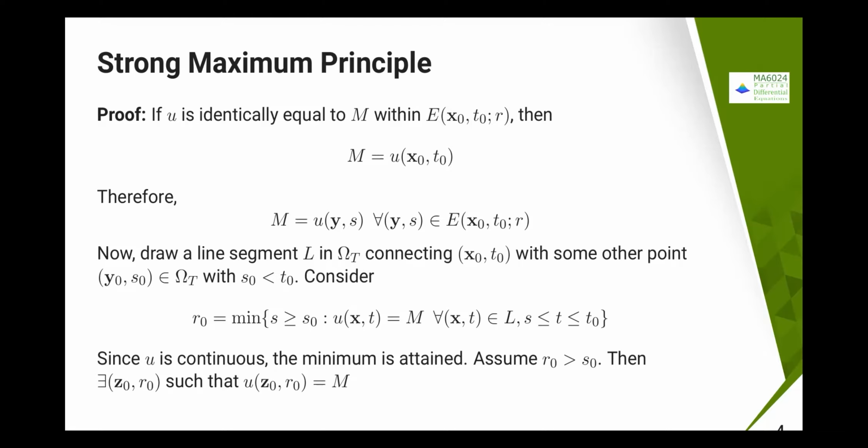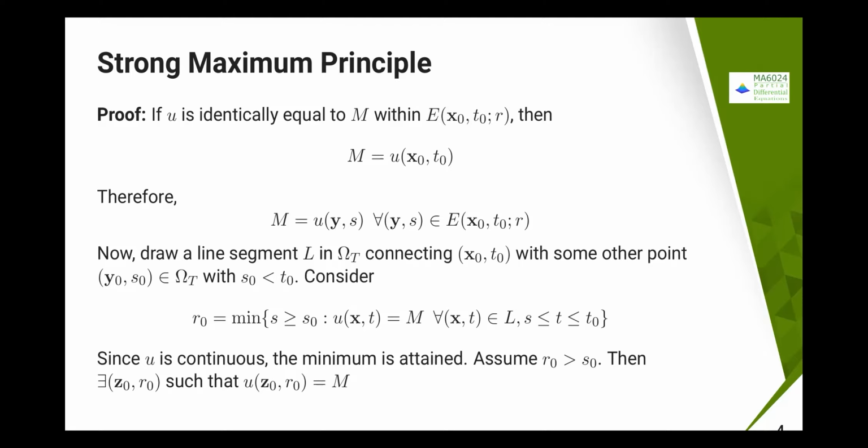What we get is that, m is nothing but, okay, so e of x naught comma t naught equal to m means what is it meaning? M is nothing but within x comma r. So that means m is nothing but u of y comma s for all, because I have picked the x naught comma t naught arbitrarily, and then I have obtained this point.